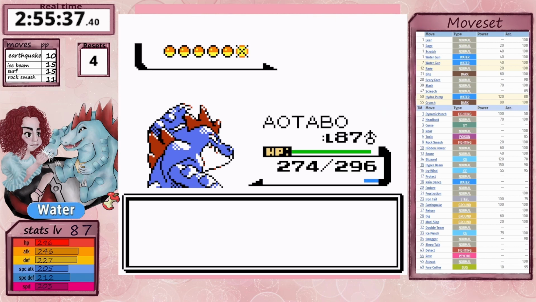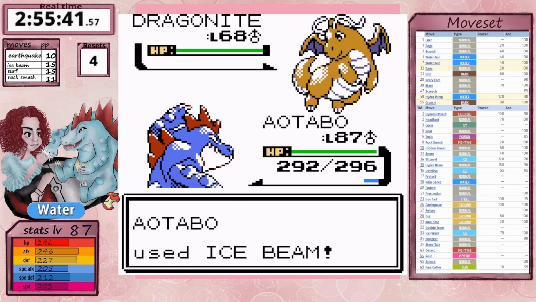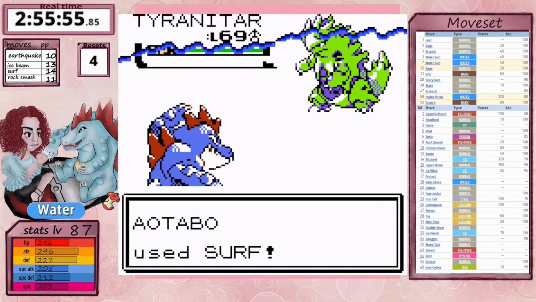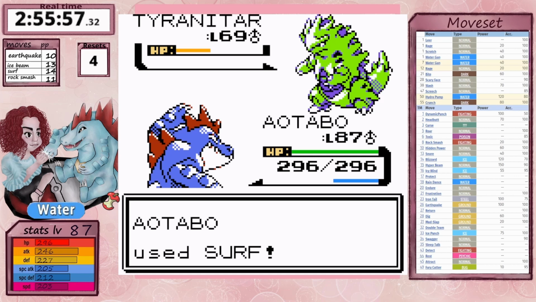With Dragonite though, it's level 68 and it's not quite nice, so it can't really survive a crit Ice Beam from a level 87 Feraligatr. Level 70 Dragonite, not nice. Tyranitar though, it's at level 69. I bet that my Surf damage is gonna be...